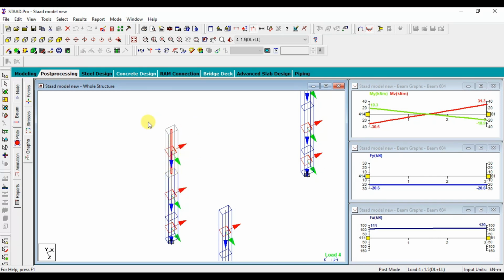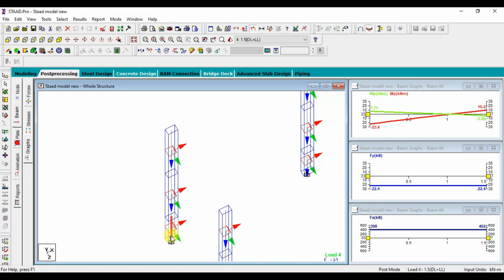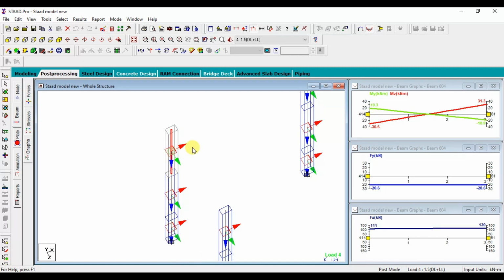So let's take the maximum moment and maximum load. In this column the maximum load is 402, and the maximum moment on the top floor on the z axis is 31 kilonewton meter, and on the y axis is 19 kilonewton meter. We will consider this value and design the column for biaxial bending moment.